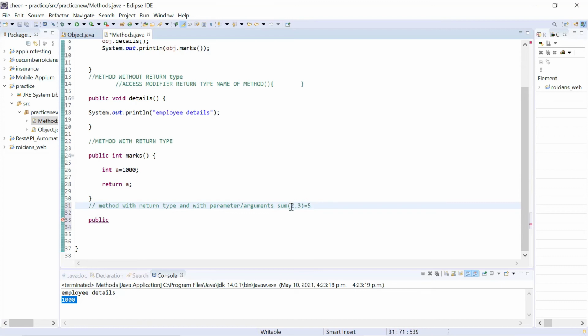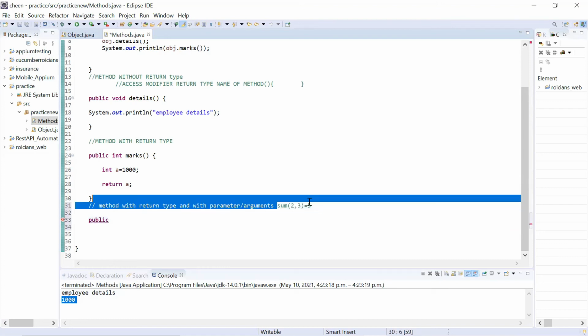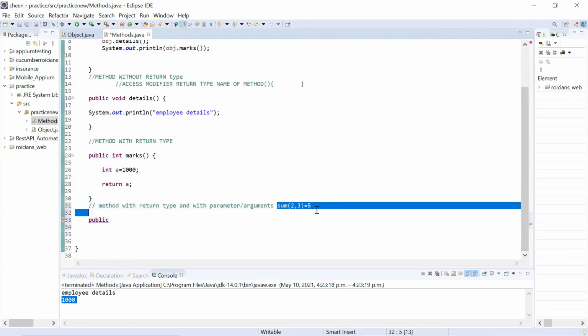In sum, you pass the parameters. Sum knows that I have to add it and give you result as whatever the calculated result is. So it's going to take input, access it according to the code inside it, and give you the result. Take the input, process it, and give you the result. Now I'm going to create this method's body. How this method is actually created. What is the code behind it?